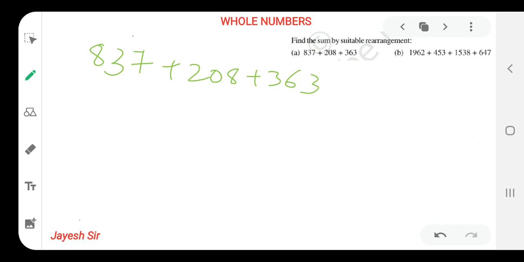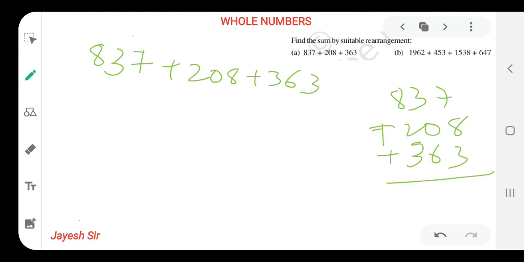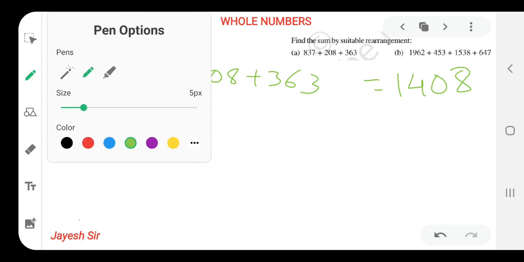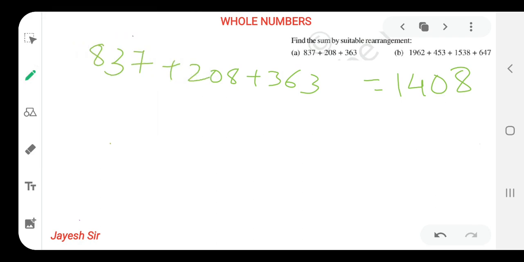Yes, friends, we have done this type of method in our school previously, that is adding three of them together. This is the method that we are following till now, but we don't have to follow this method from now onwards if you understood the properties clearly. So how this property will help us, and how I am using this property easily, so that I can find the answer. If someone asks me the answer, I can tell 1408 is my answer. So let's see how my answer comes like this. Let's try to solve with my method by using the properties only.